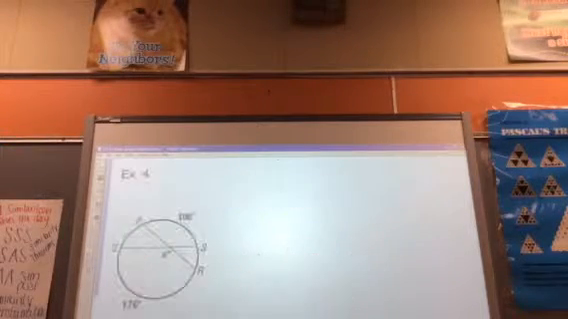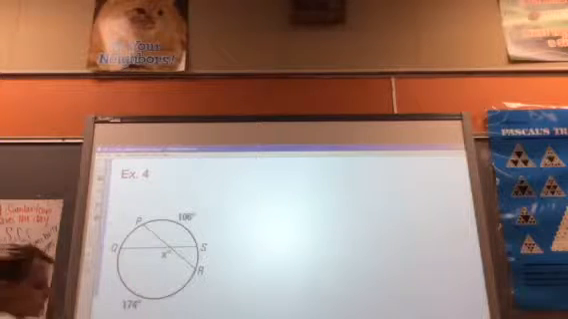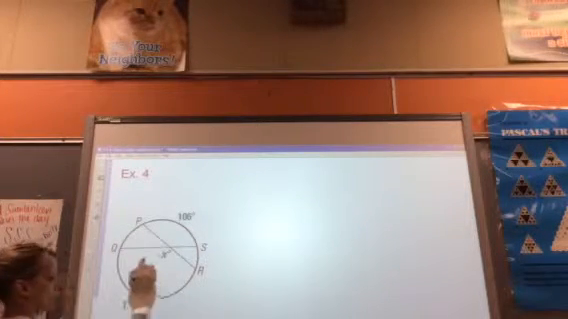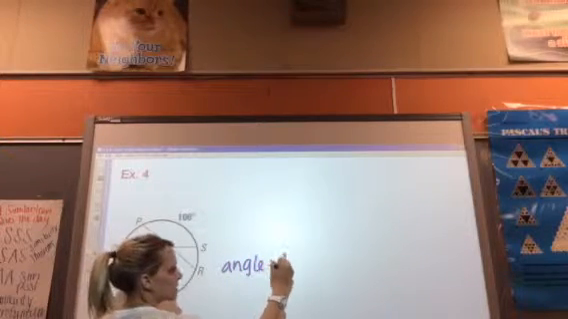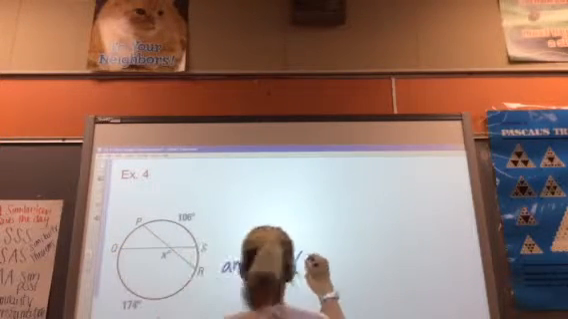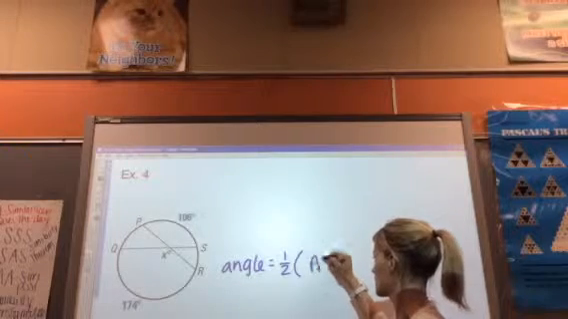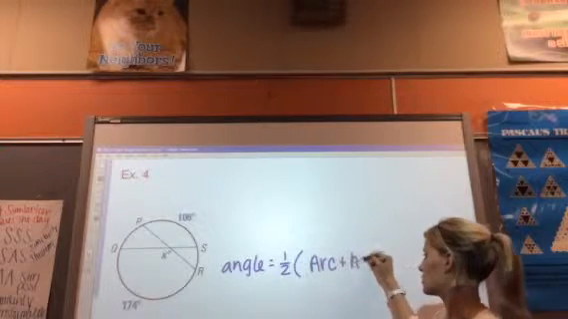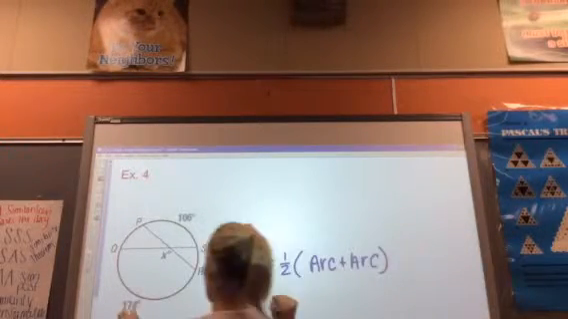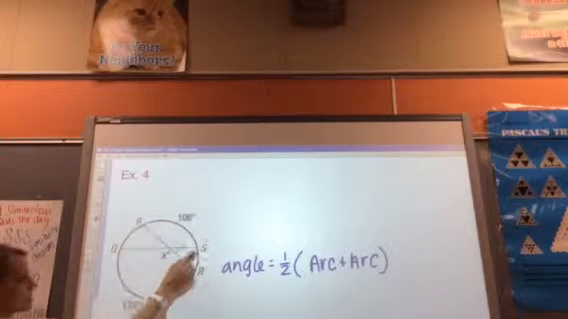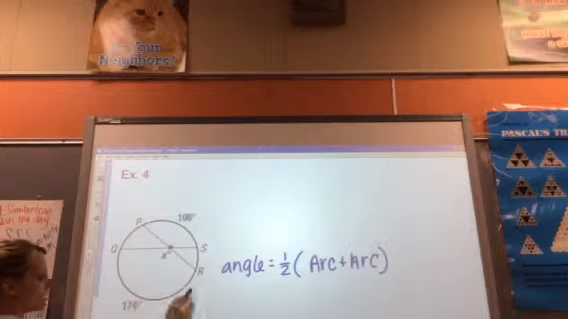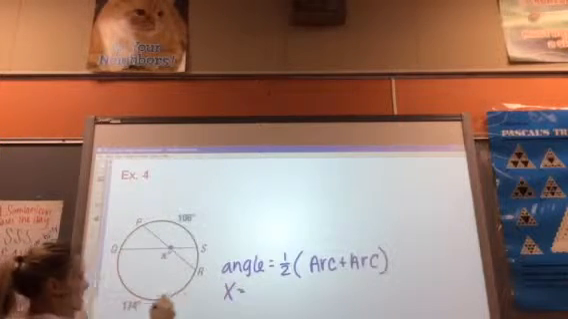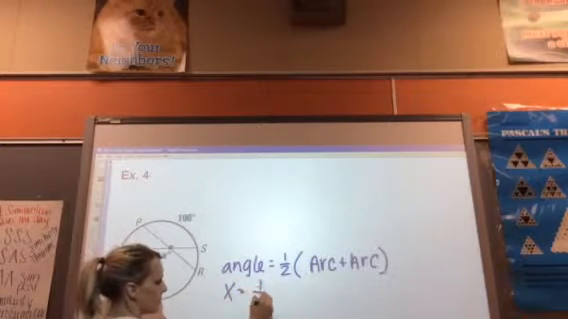Let's do an example. So again, your angle is equal to half the sum of your arcs, so arc 1 plus your arc 2. This is if your segments intersect inside the circle. So your angle here we have is x, that's equal to 1/2